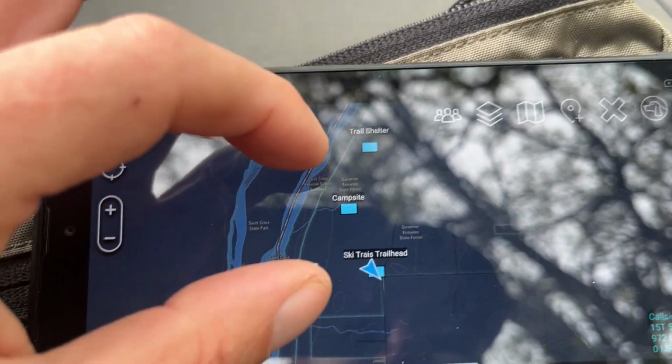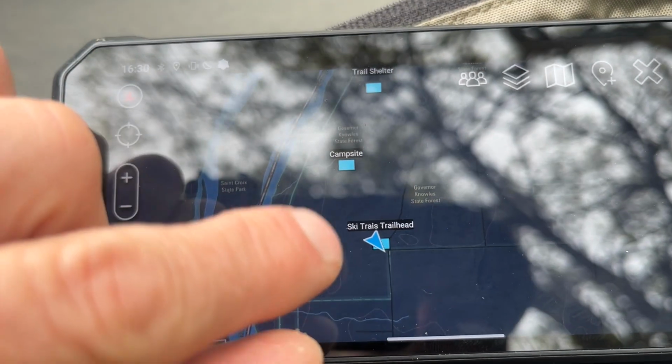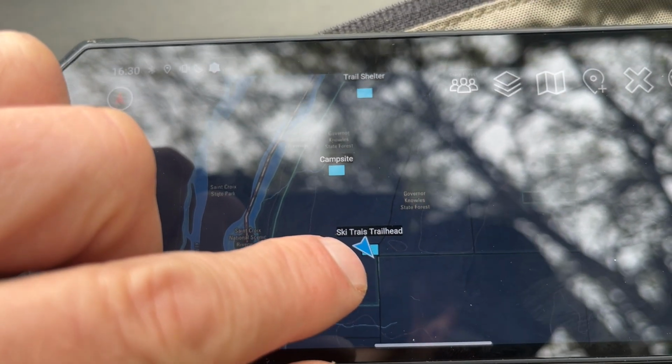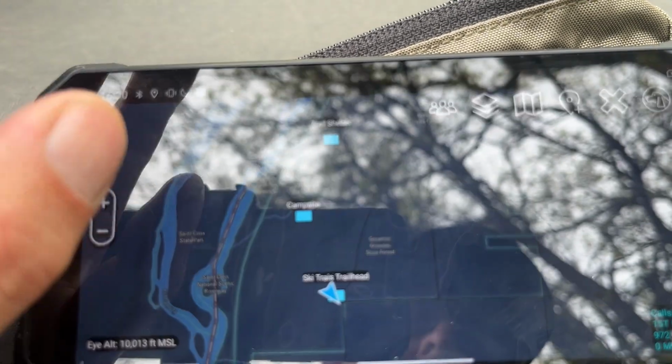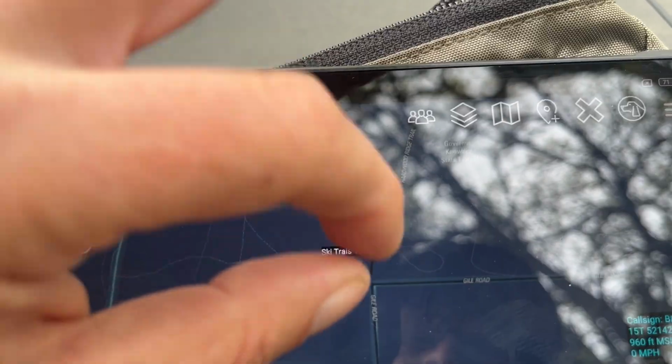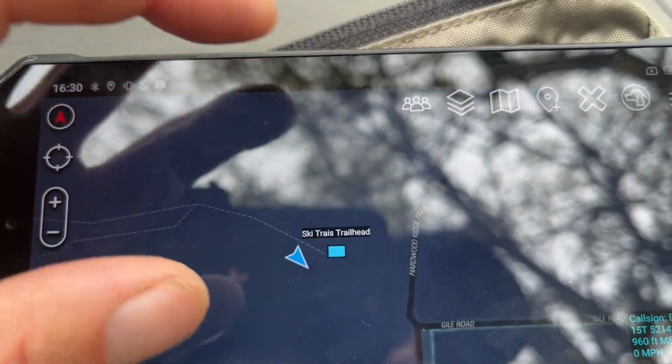Here's where I'm at. I'm at the cross-country ski trailhead. I loaded these icons at home and just kind of judged where I would be. And as you can see, I'm pretty much spot on for the trailhead. The map's not quite exact, but close enough. But hey, while we're doing this, let's make this right on. And my goal, if I zoom back out,